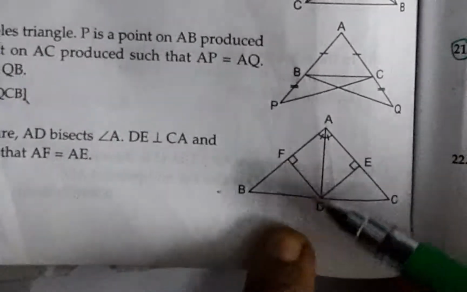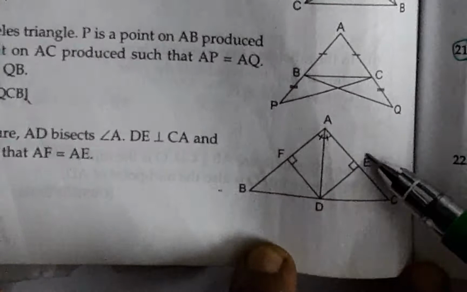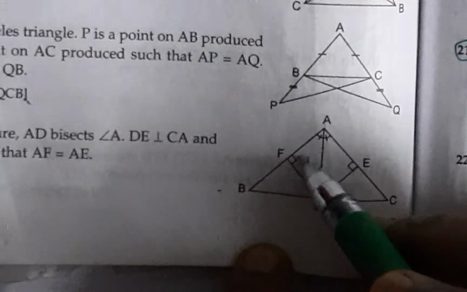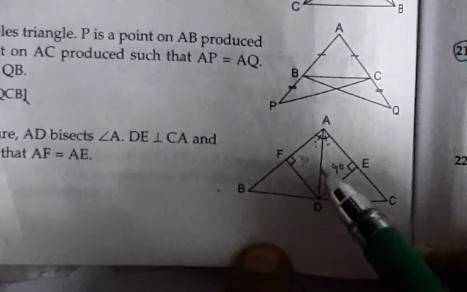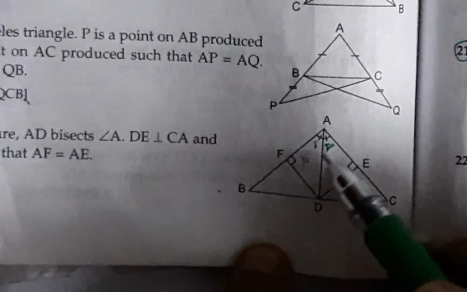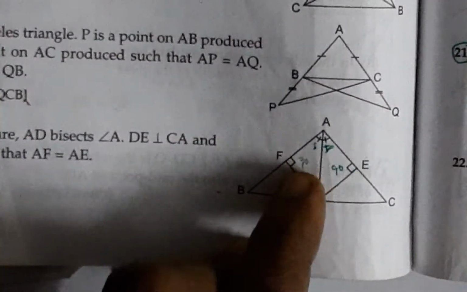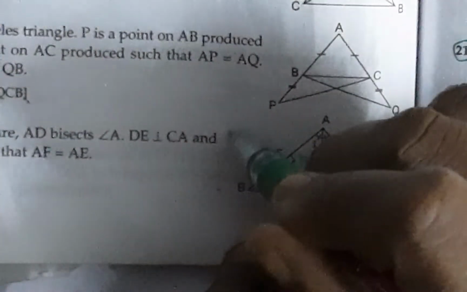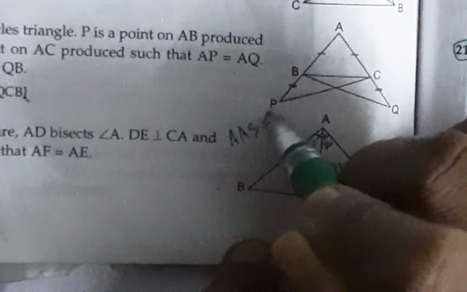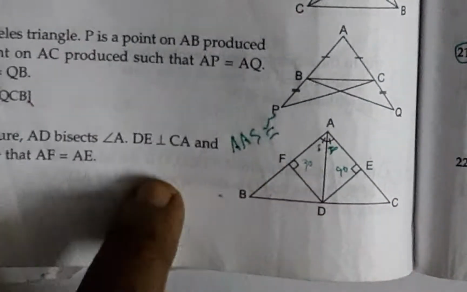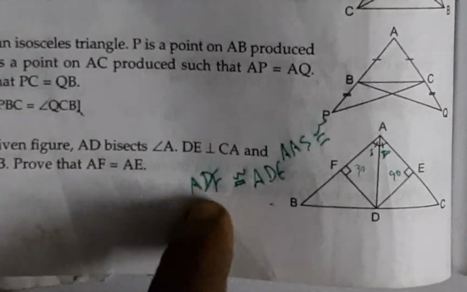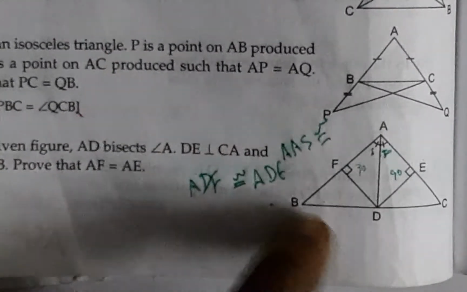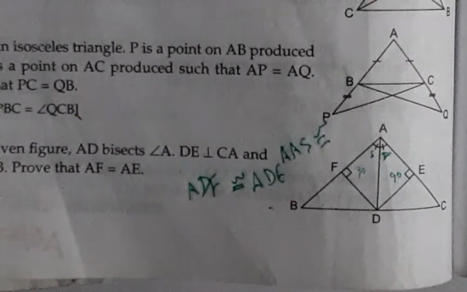So I am supposed to take the congruency of triangles ADF and ADE. As you can see, they form perpendiculars, so these angles are the same, 90 and 90. Here again, these are angle bisectors. Therefore, if this is 30, this will also be 30. Whatever, 20, 20, same. So I have two angles, and this side is common, AD. Therefore, by the angle side congruency criterion, these two triangles are congruent, and from that I have AF is equal to AE, followed by CPCT of these two triangles' congruency.